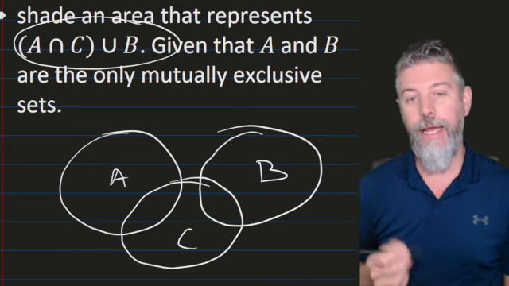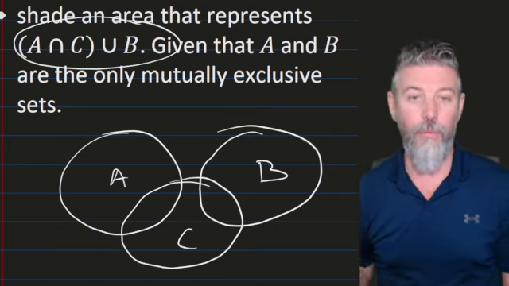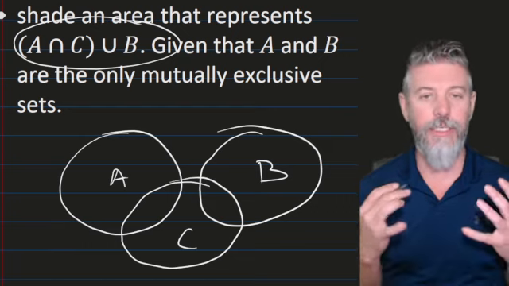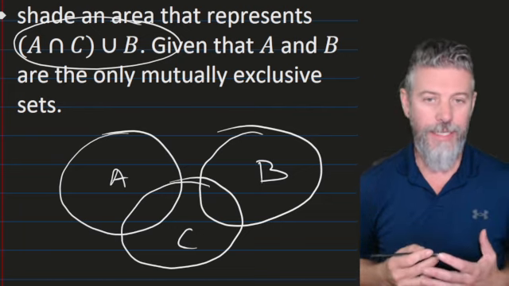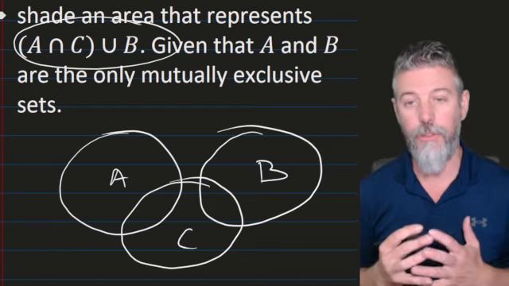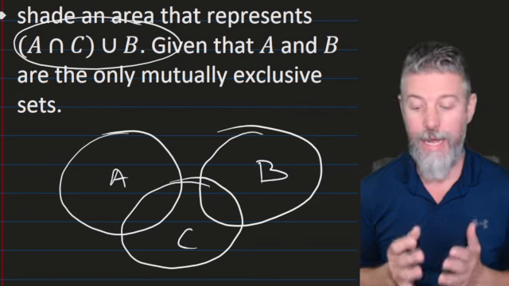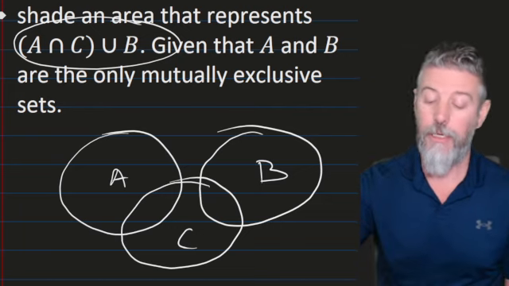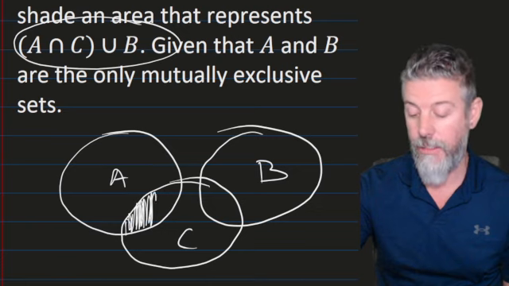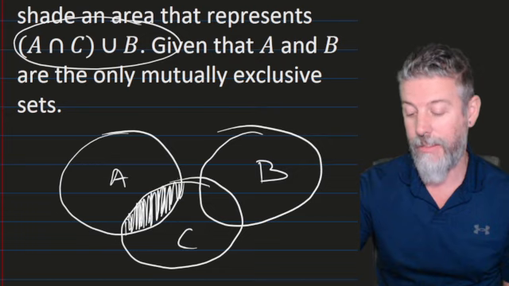given here. A and C or B. So you can see the brackets around the A and C section there. So we need to do that first. So where is A and C? Well, that's happening in the union of the two sets where A and C both exist. So on our Venn diagram, that is this section just here, where A and C